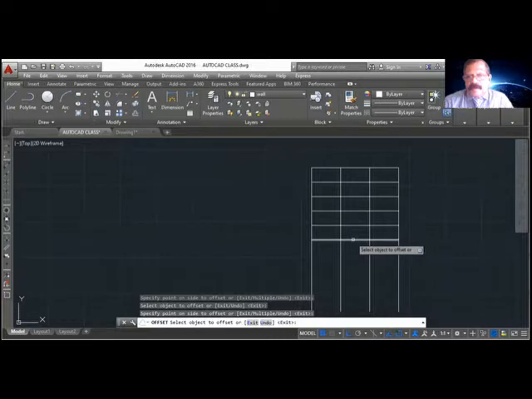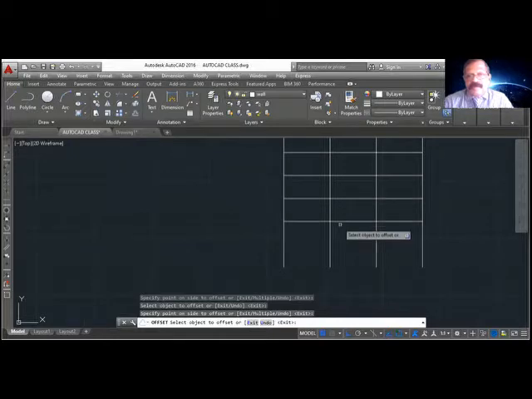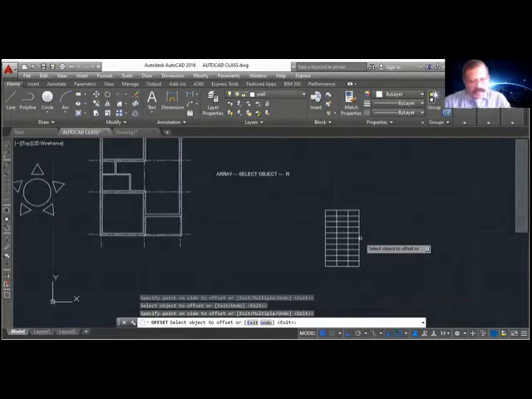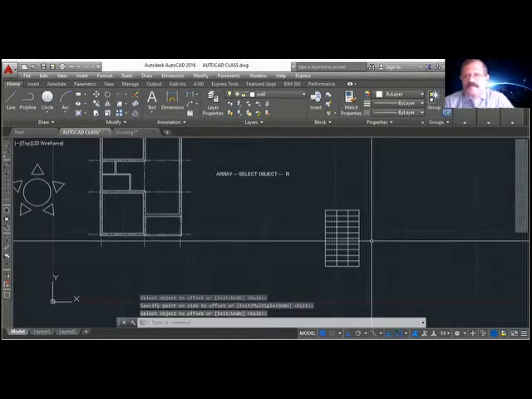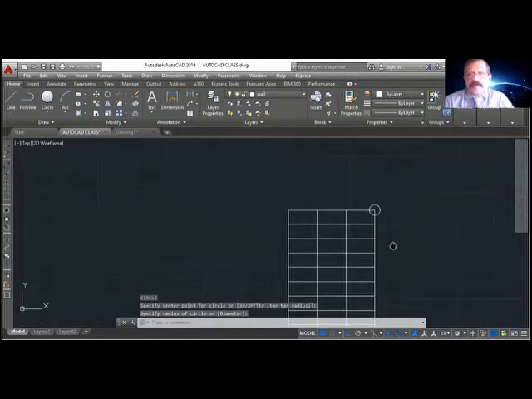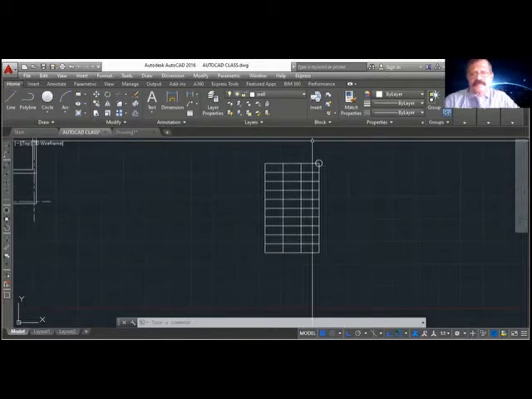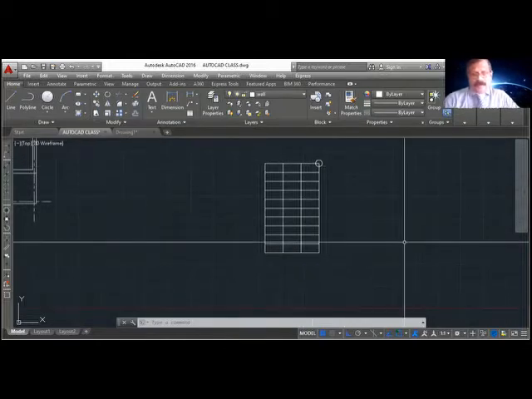So here the rectangular array will be easier, but since I'm going to teach you, I'm not using that. Instead, I'm using the offset command. Okay, so I have a circle here. I want to copy that circle in all the junctions here, all the intersections. I can copy, but it will take a lot of time. So here the array is going to help us.